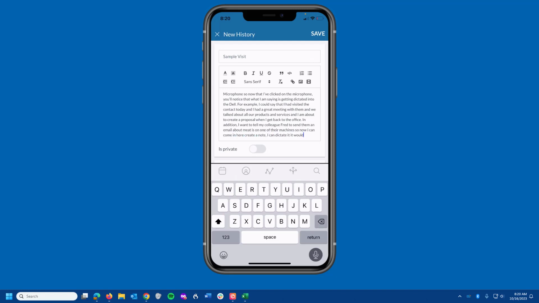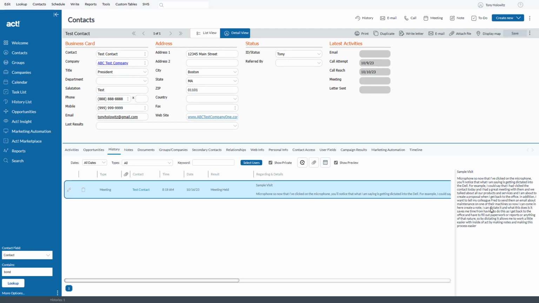And what this does is it saves me time from having to do this as I get back to the office and have to fill out paperwork or reports or anything of that nature. So by dictating, it allows me to work a little easier inside of ACT by making notes and making this process easier. This is one example of how you can use ACT Companion to help your staff on the road be more proficient and more organized when entering data. They don't have to come back to the office and remember what was said. They could dictate notes here and be prepared for their next